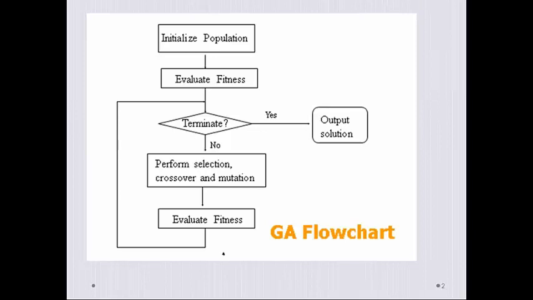Suppose there is an industry, and in that industry there are 5 machines, located at 5 different places. The question is, what should be the sequence or order of these machines in the industry? Suppose the machines are A, B, C, D, E, and they are placed at place numbers 1, 2, 3, 4, 5. Where machine A should be placed, where machine B should be placed, this is the very big question in